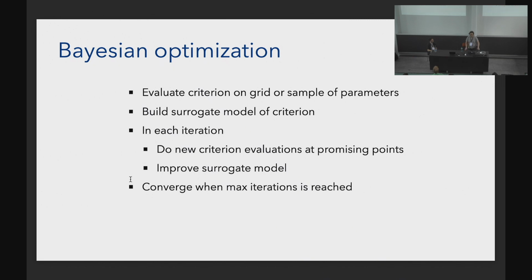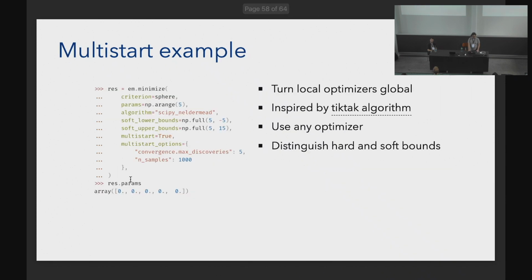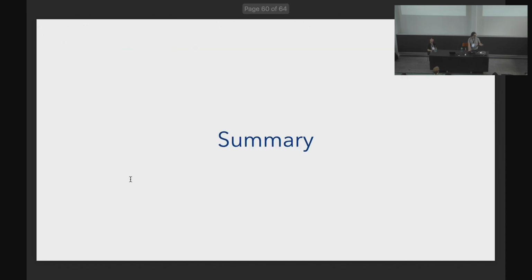Another type of optimizer is Bayesian optimization, which we don't have very much of yet in SDMagic. There you evaluate the criterion function on a grid or a sample of parameters and build a global surrogate model of the criterion function. Then in each iteration you refine that model, especially in promising areas, and at some point you have a very good image of your criterion function. And finally, another option would be multi-start optimization. You can use any estimagic optimizer in a multi-start framework. It works simply by setting multi-start equals to